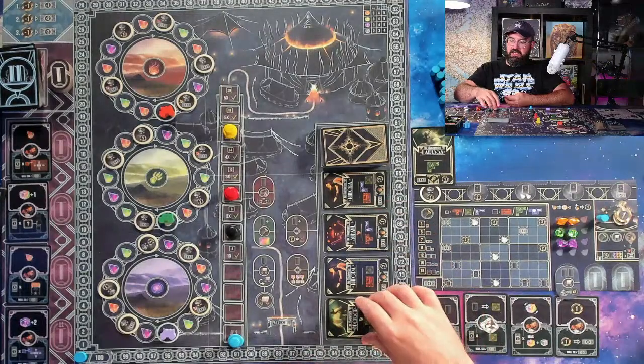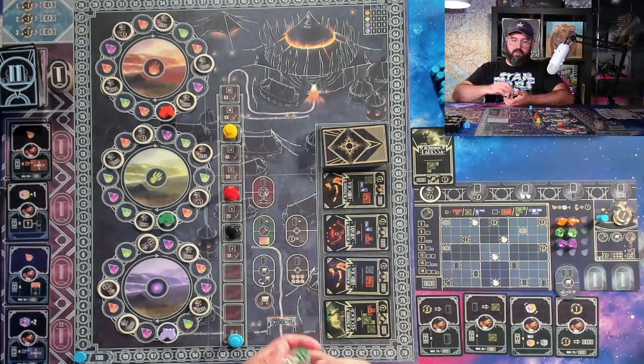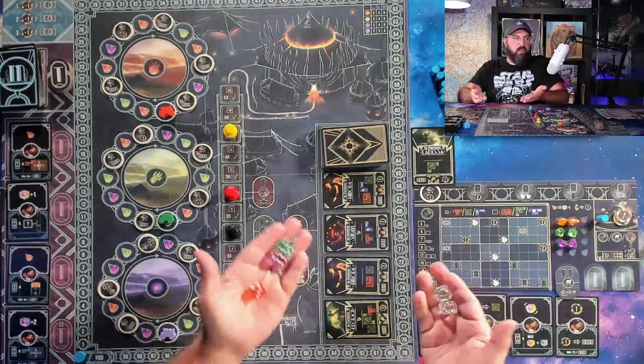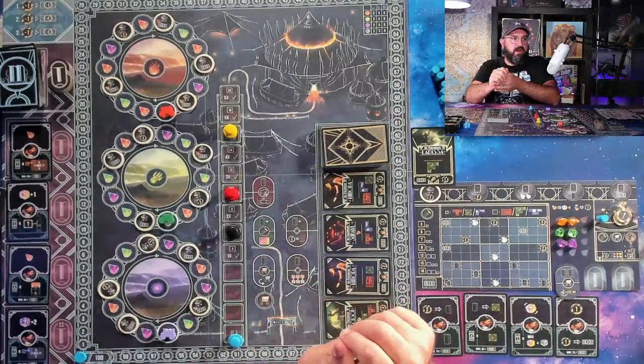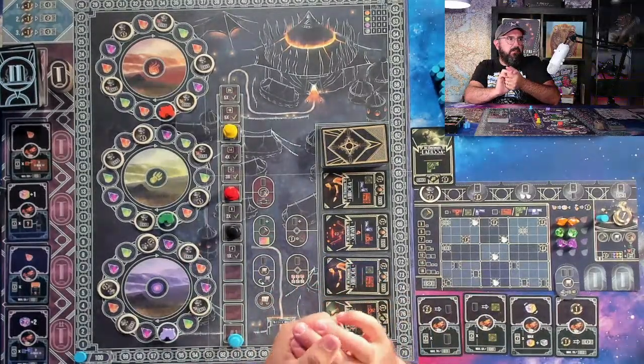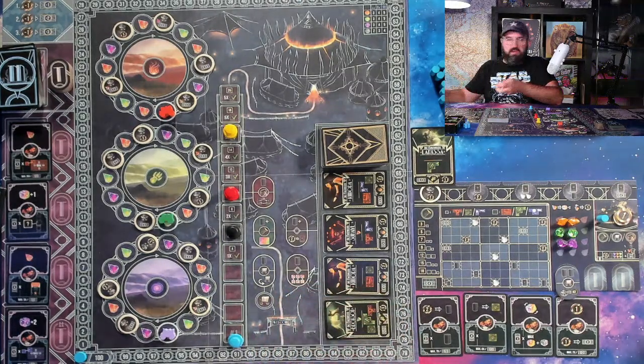Also in the solo game, I can discard, like I could discard this green card to get a new green die that I would roll to the value. But we just start with 2 clear and 1 of each to play the solo game. So that's what's going on here. Let me make sure I'm not...